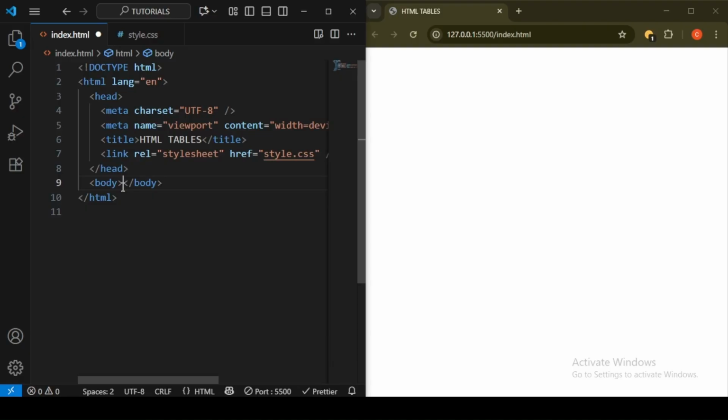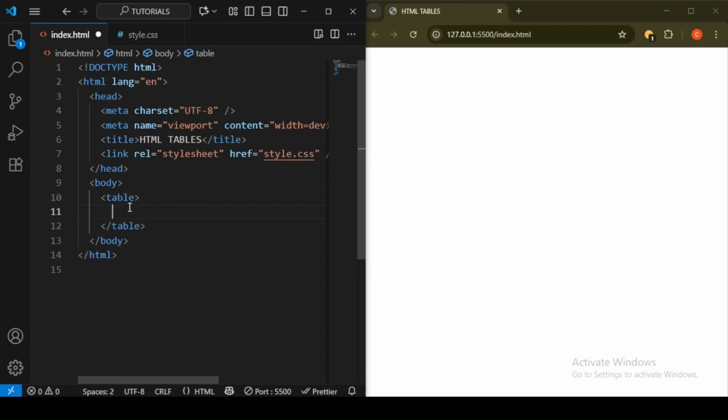Now, all we need is our HTML document and the CSS file, and we are ready to go. Tables are elements in HTML that allow us to group information into rows and columns. So now let's see an example to explain it further. I will use this example of grouping the names, the ages, and the scores of some students to explain this further. So in the body of the HTML document, first create a table element,